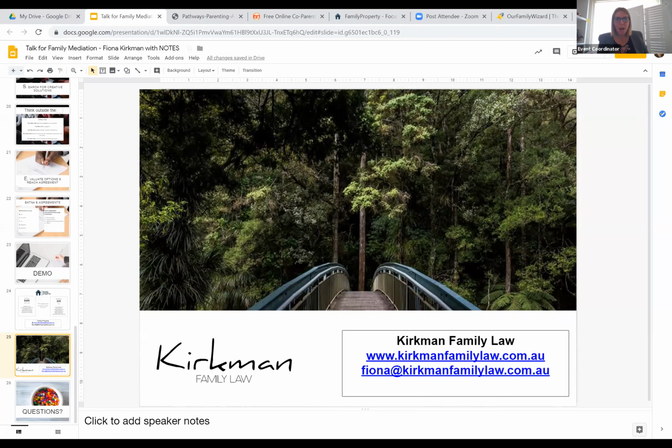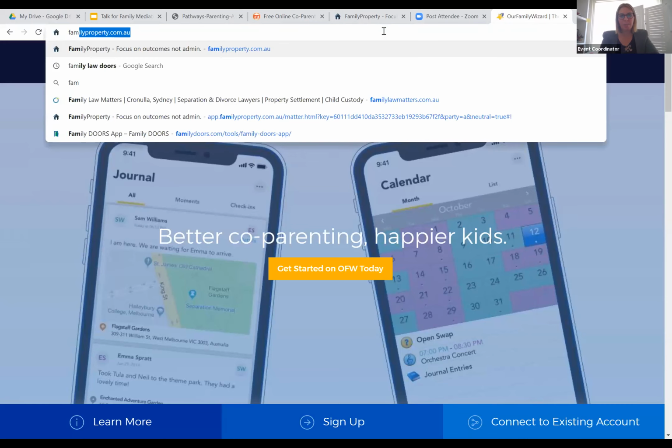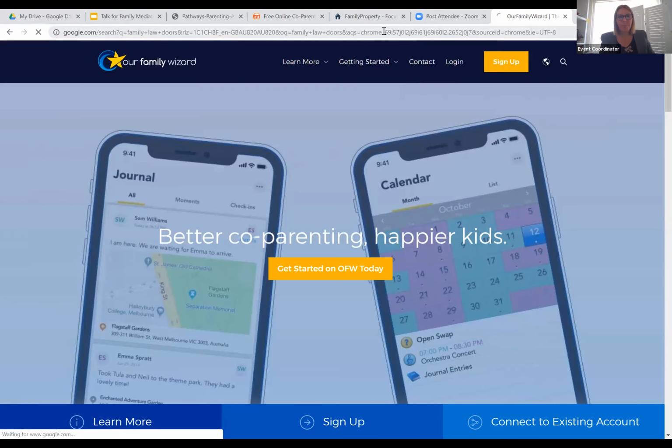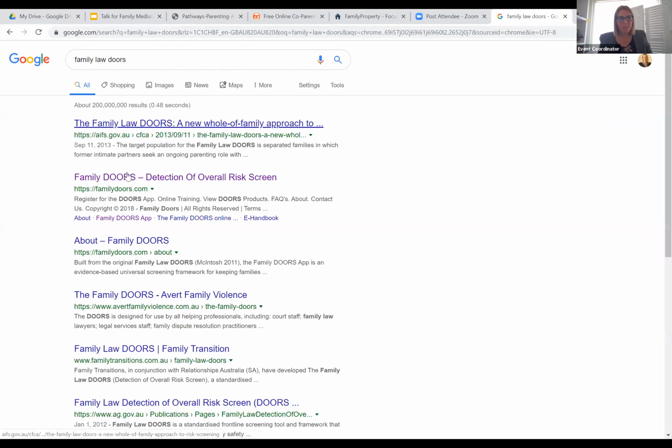Question here, I'm just wondering, you mentioned in relation to domestic violence, the two screening tools that I mentioned. There's Family Law DOORS, which I'll just show you briefly. Bring that up. So Family Law DOORS is here.